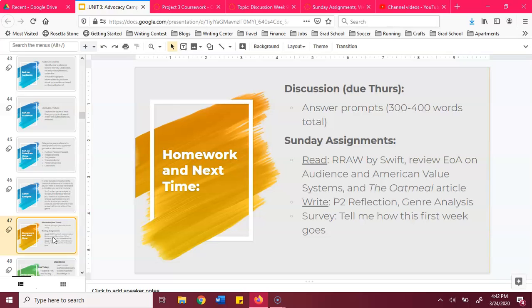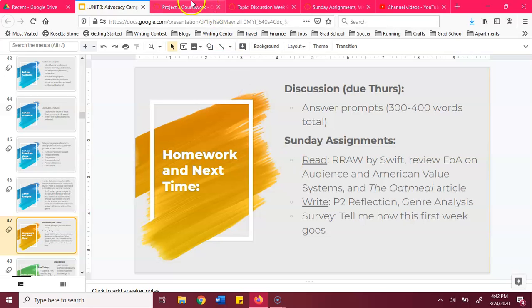That takes us to our homework. I'll go through Canvas just so you can see. Normally I'll end on this screen. For the discussion, ultimately this will be around 300 to 400 words. Your Sunday assignments, those will be readings and different submissions that will be due by Sunday. You can start those early, and some of those will be helpful in the discussion.